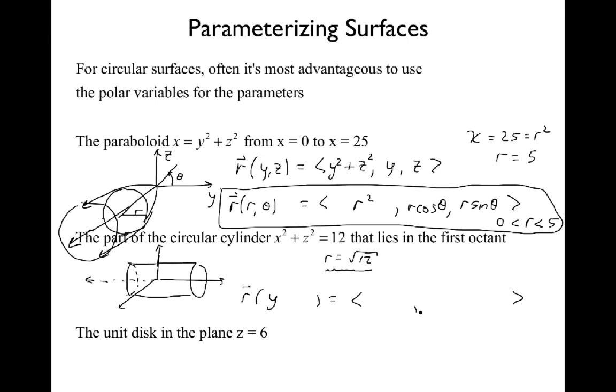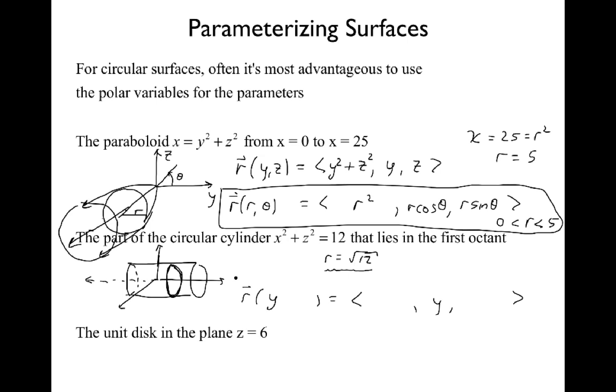So that's just going to be our y coordinate. Then we have one variable left for any y value, say this y value right here. We have one variable left to get us all the points at that y value around this circle. So what varies is going to get us around the circle? You should be thinking theta, right? You should be thinking the angle theta will get us around that circle, and the radius is square root of